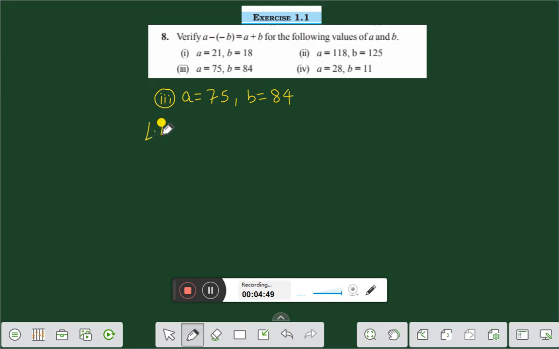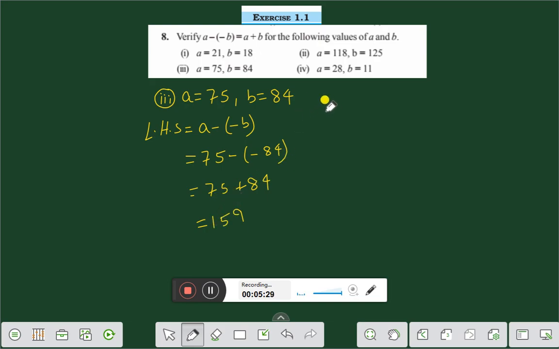Left hand side, a minus of minus b, that comes to 75 minus of minus b is 84, that is equal to 75 plus 84. 5 plus 4 is 9, 8 plus 7 is 15, that comes to